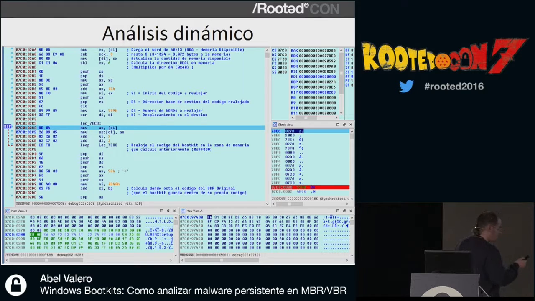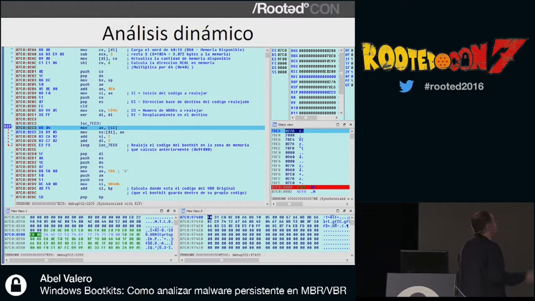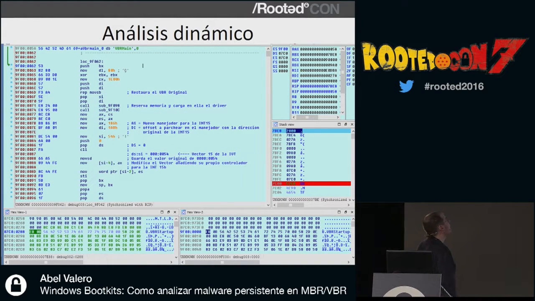So once that memory has been reserved, it is copied to wherever it corresponds. Once that is copied, it reallocates the code and it jumps into the code. What you see here is just a SB. This will copy the original VBR.